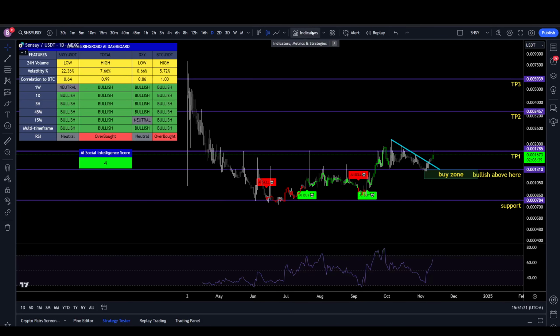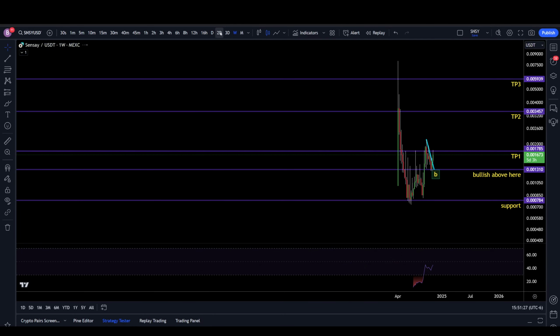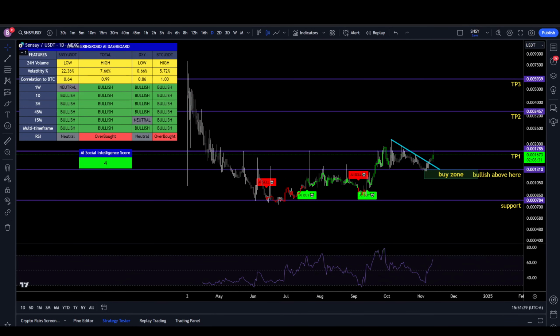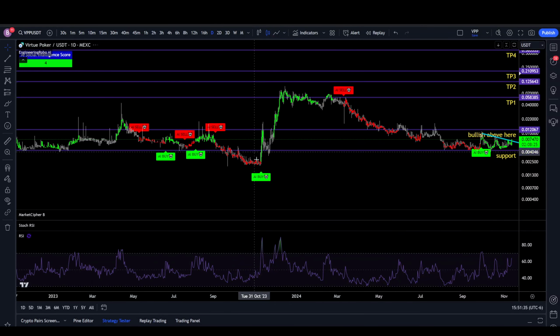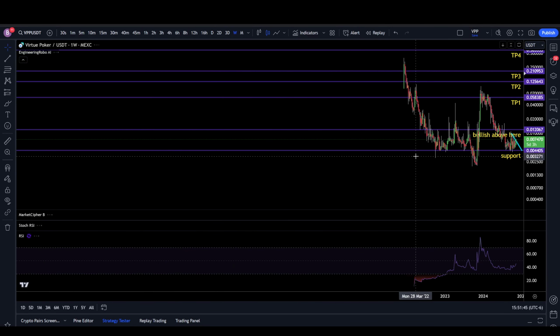So just getting back to this long-term trader idea, you want to be on a daily chart usually. Sometimes you can move up to a weekly. I'll have to show you an older token for that, though. VPP maybe. Yeah, there was a big, I can't remember if this was a 20 or 40x move, but Engineering Robo caught the whole thing and then told you where to sell and got you out pretty close to the top. If you move it to a weekly,